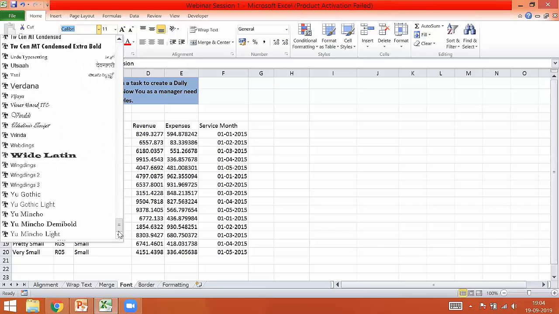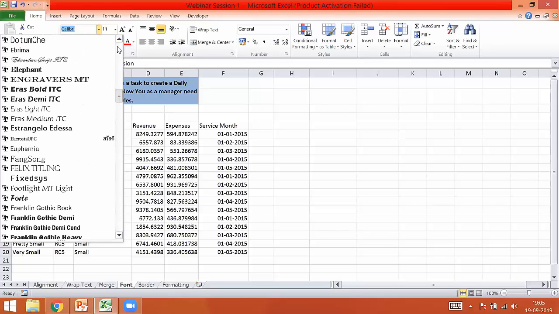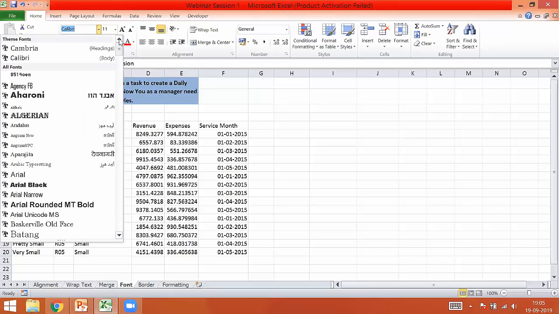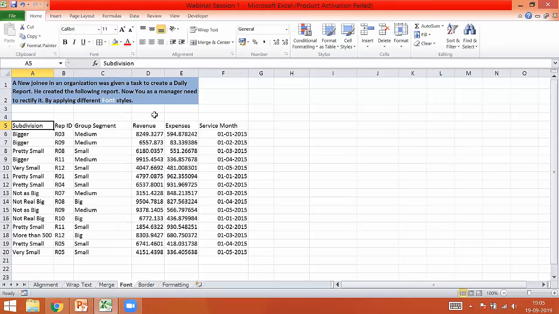Guys, many a times you can see that if I have a very long list, you might not have this long list. So don't worry, it is just the version that you have downloaded or which is available on your system. So don't really panic that this Ahori or this Aharoni or Batang is not available. Don't panic. These are just the packages or the styles which are available under that particular Microsoft Excel file.